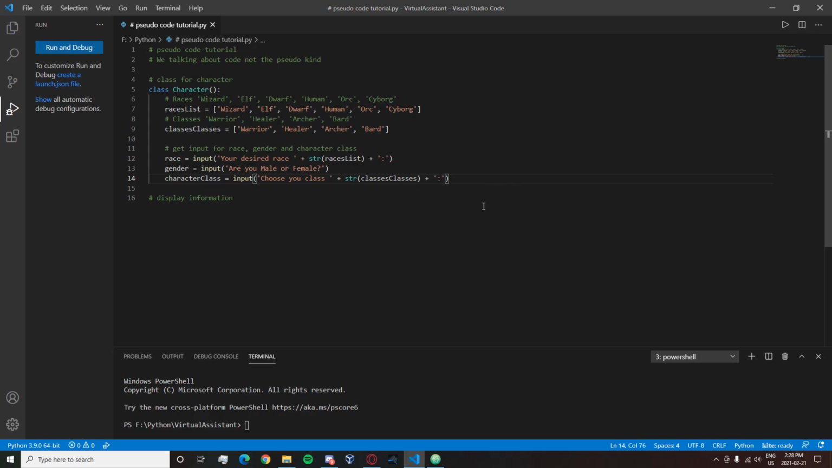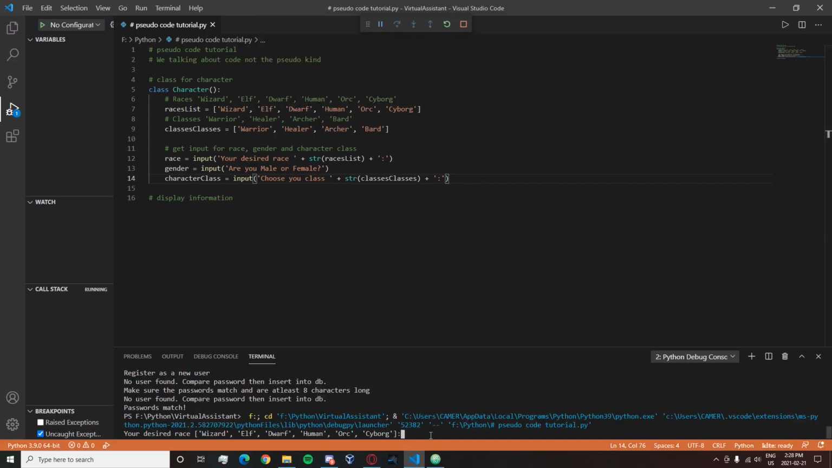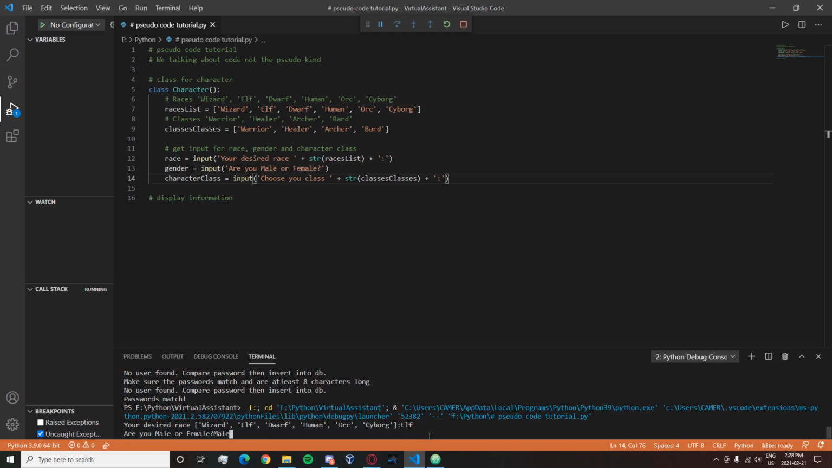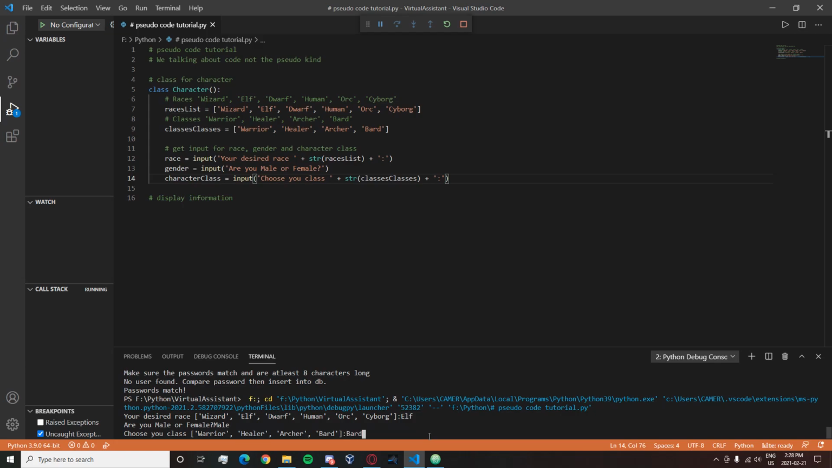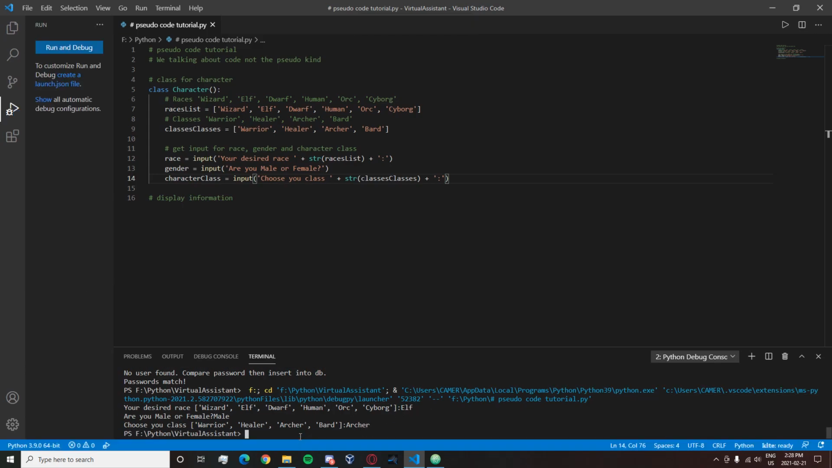Okay, so with this, if we run it, you can see that we can get user input now. So desired race, elf, male or female. Let's go with male. And then archer. Archer. And now you can see that it exits. We have no clue what we are. And as you can see here in the pseudocode, we have display information. Okay, so simply what we are going to do with this is you're just going to tab it over, and